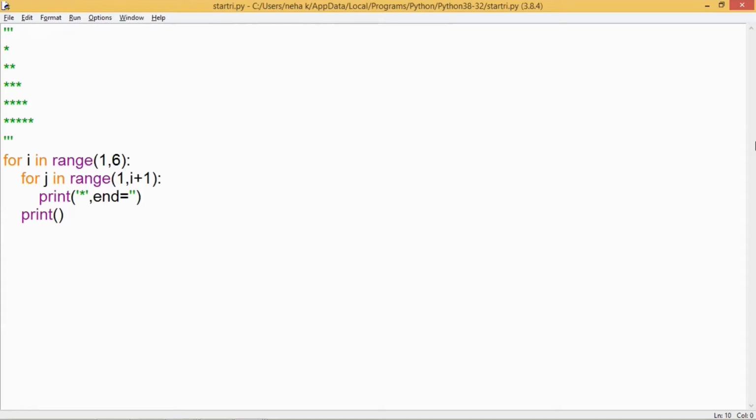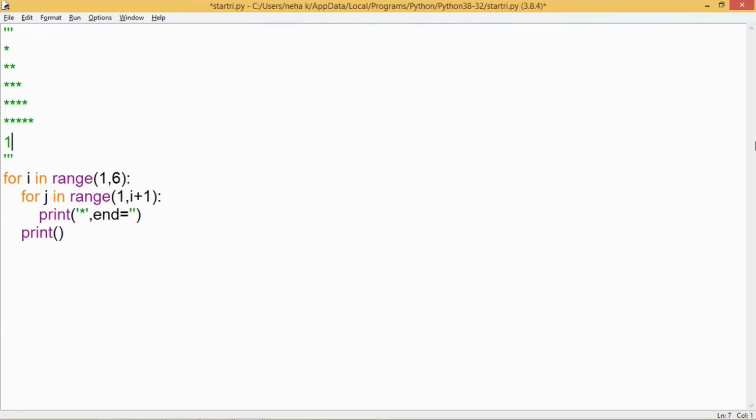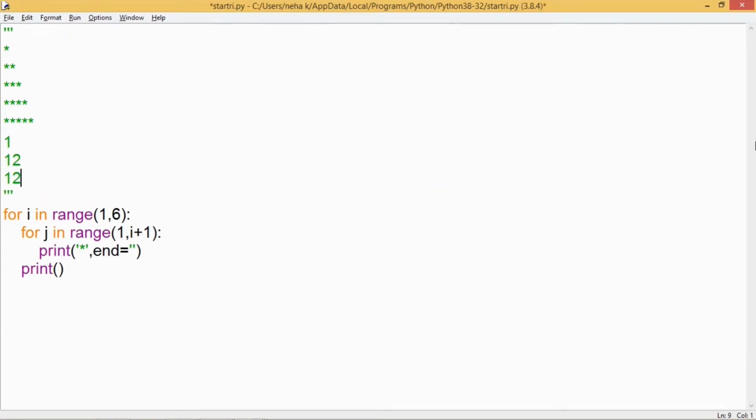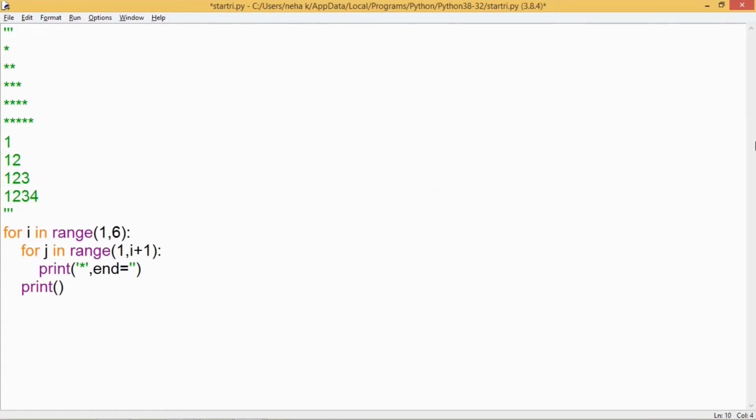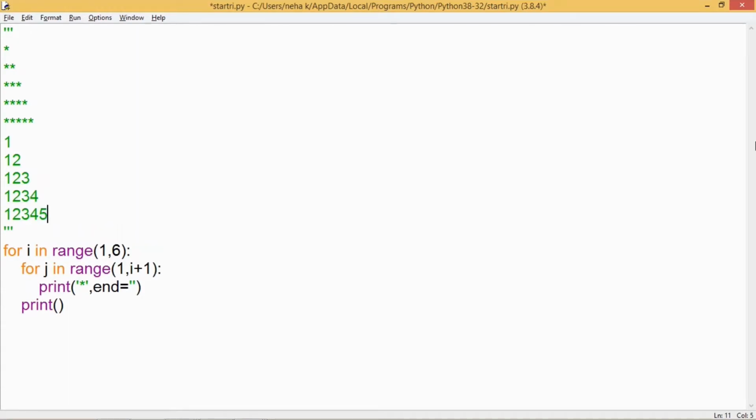What if I want a pattern of numbers in place of stars? Like if I want 1, 1 2, 1 2 3, 1 2 3 4, and 1 2 3 4 5. So here also the number of rows are the same, so that means I don't need to change my i loop. But for the j loop, which is working according to the number of columns increasing according to the rows, I'm not going to touch the values for the range function here also. And with just one change in the print function, I can get the number pattern.